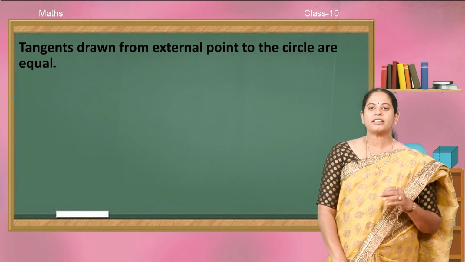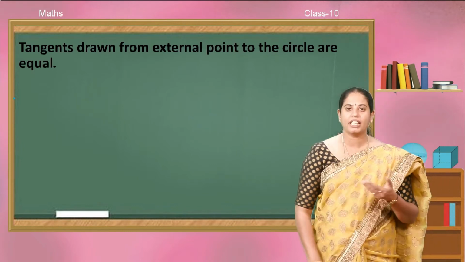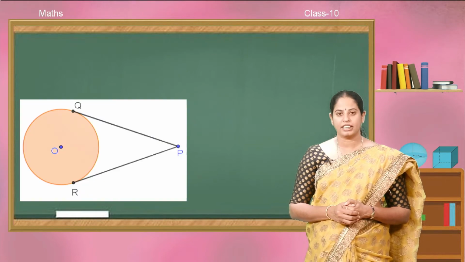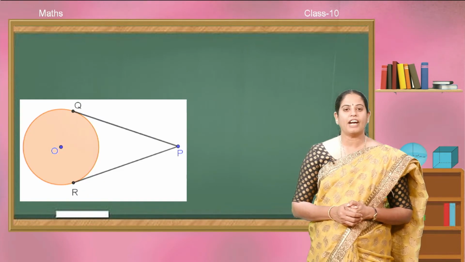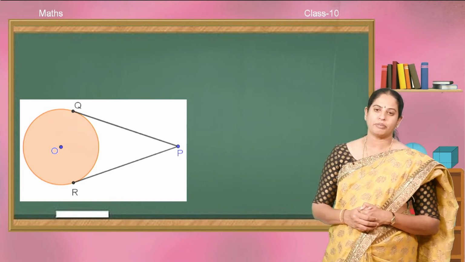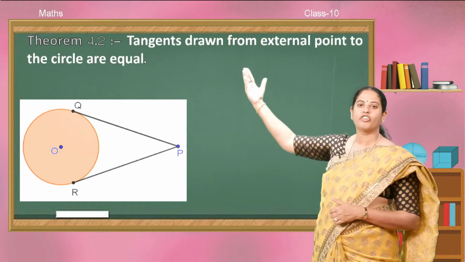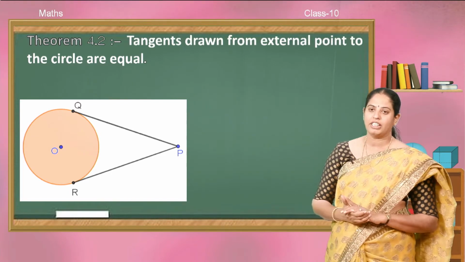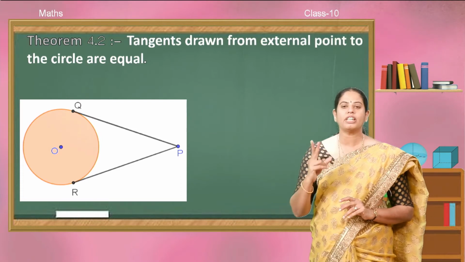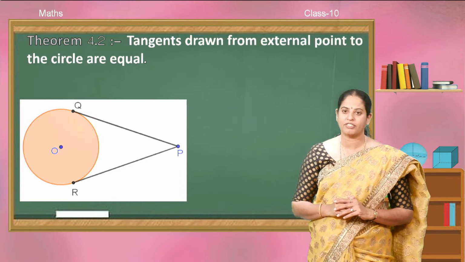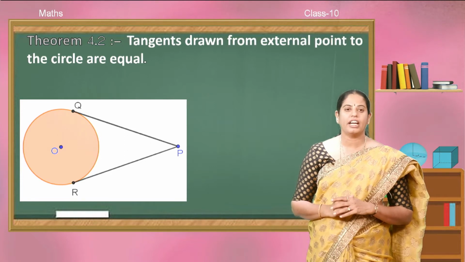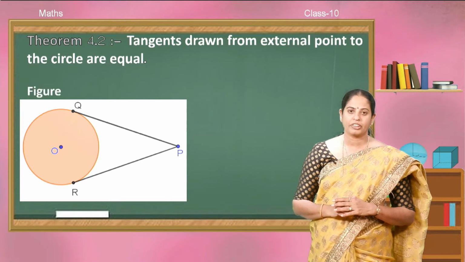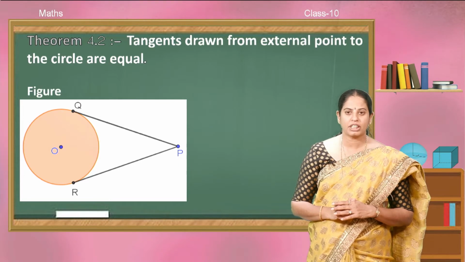So, this is the inference that we got from the activity, that is tangents drawn from an external point to the circle are equal. Now, we have to prove this statement and that is theorem 4.2: tangents drawn from an external point to the circle are equal. In this chapter, you have two important theorems, that is theorem 4.1 that we have discussed in the second session and theorem 4.2. This is also a very important theorem and you may expect this theorem for 3 marks in the